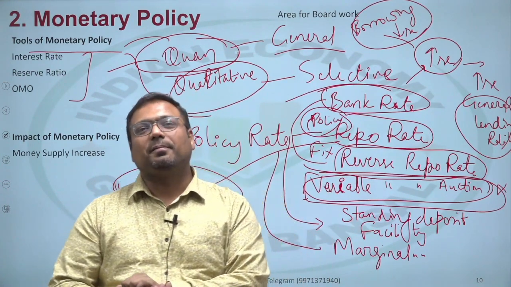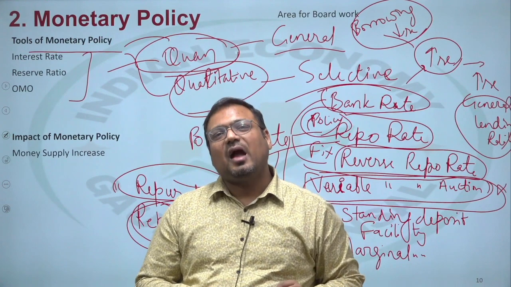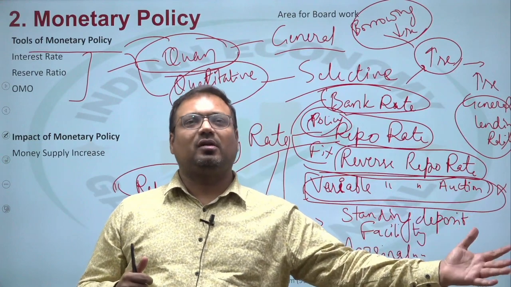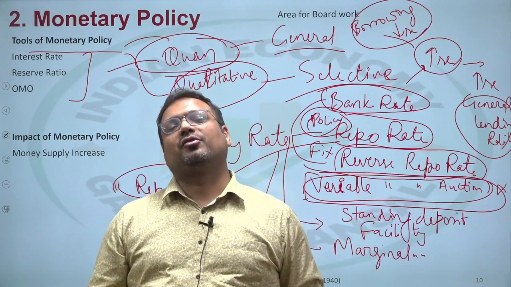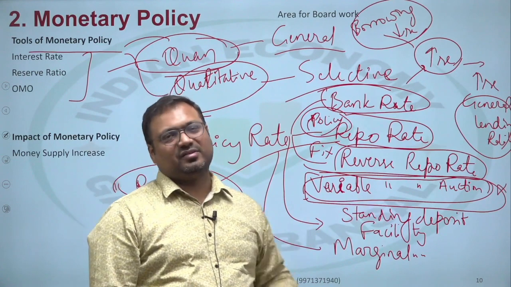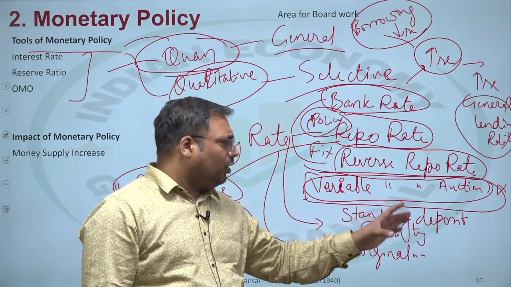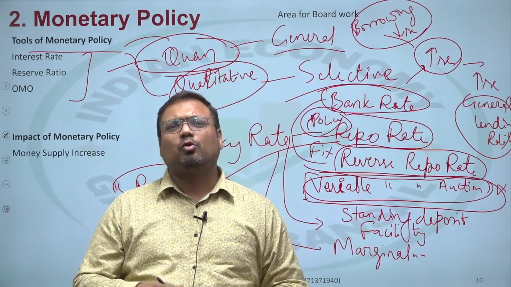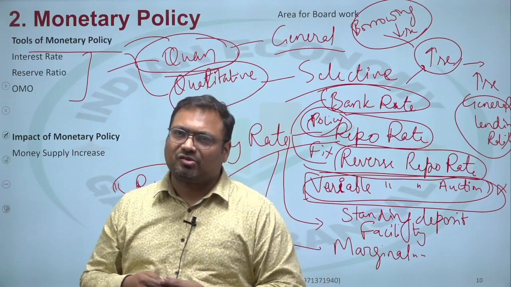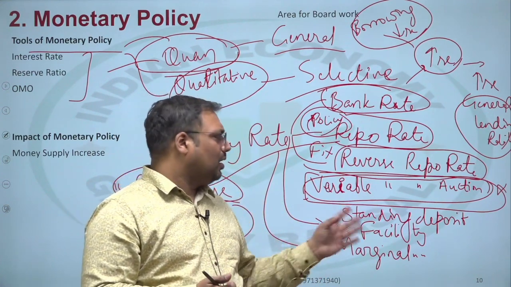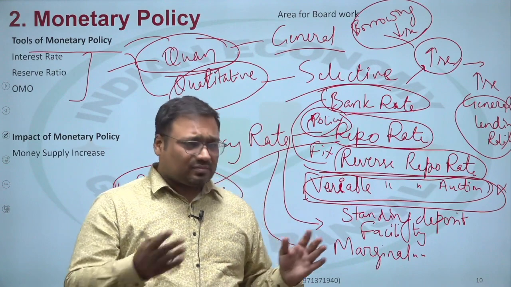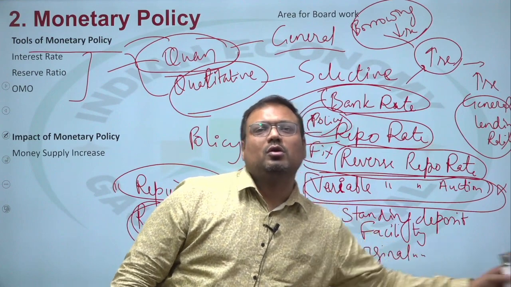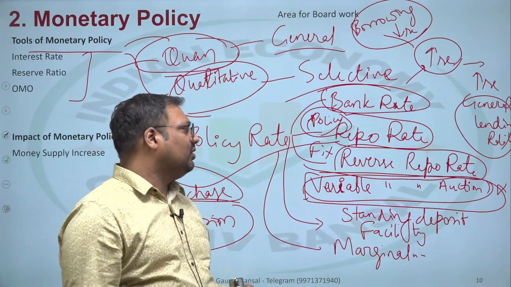Standing deposit facility. Standing deposit facility is an absolutely new type of tool. Basically when banks have extra cash, they can deposit it with RBI and get interest. So that is standing deposit facility. When it was not yet introduced, when we were waiting for it, in fact in all my batches last year I told students that very soon there will be a new system, standing deposit facility. Now when it is finally introduced, we can talk about it. We were expecting that this will be the lowest interest rate, but this is not true. The lowest interest rate is still the fixed reverse repo rate.